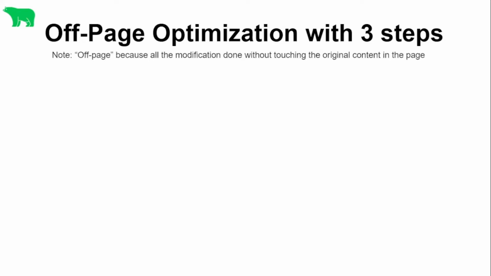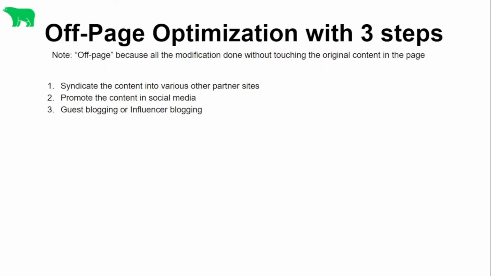Off-page optimization can be achieved through 3 steps. The first is syndicating your content on various third-party partner sites. If you are publishing your content on your partner sites, or with the companies with whom you have made an alliance, or on any sites, for example Reddit or Quora, you can improve the visibility. Now, the disclaimer is that there are fewer chances that people will go to those forums and come back to your website. This is true for most B2B organizations.